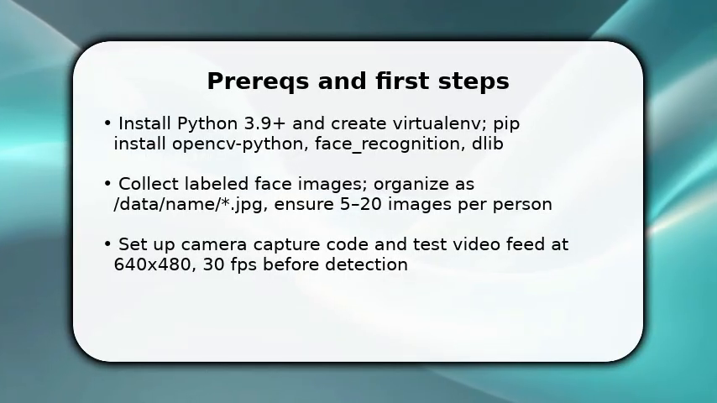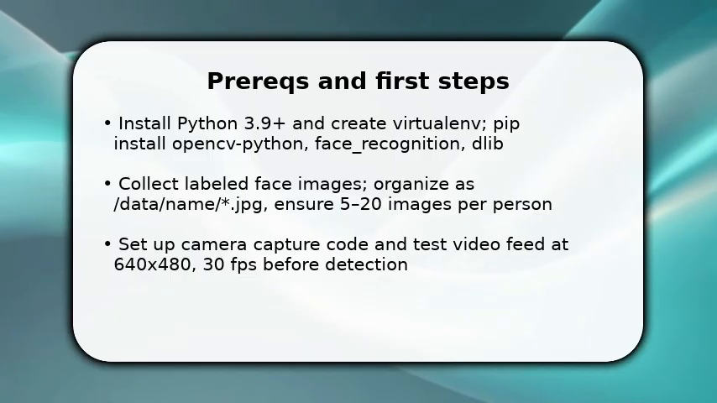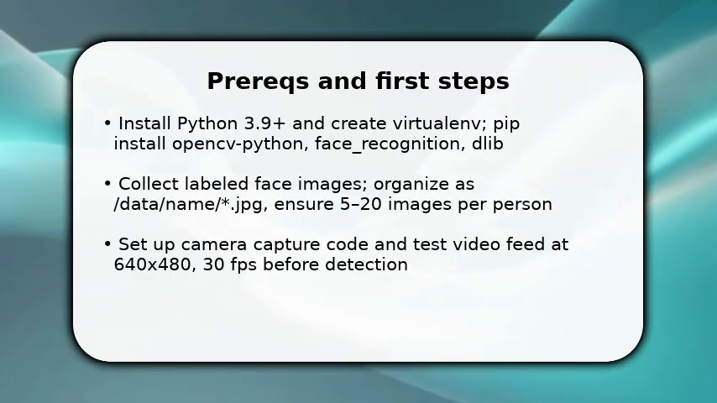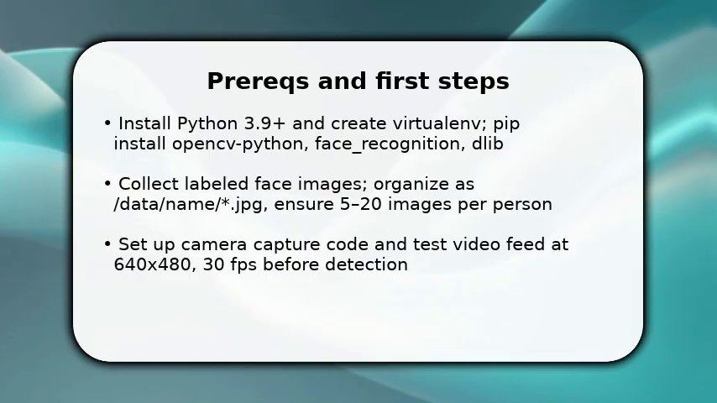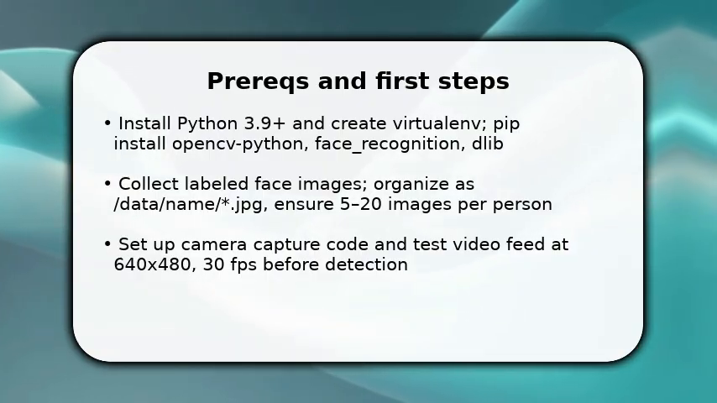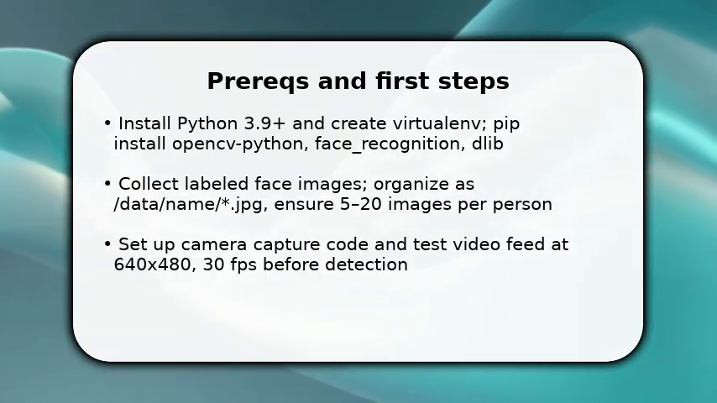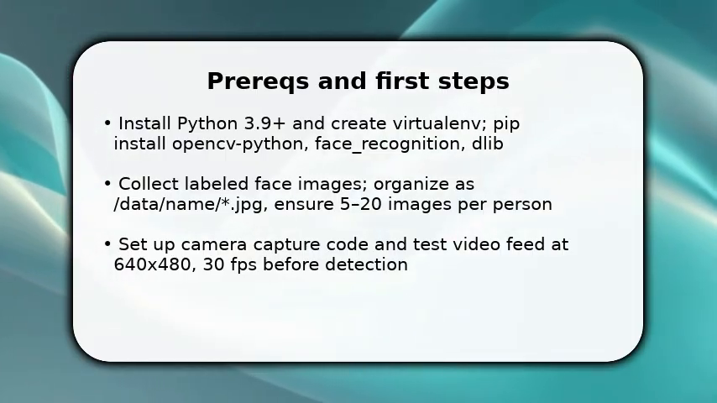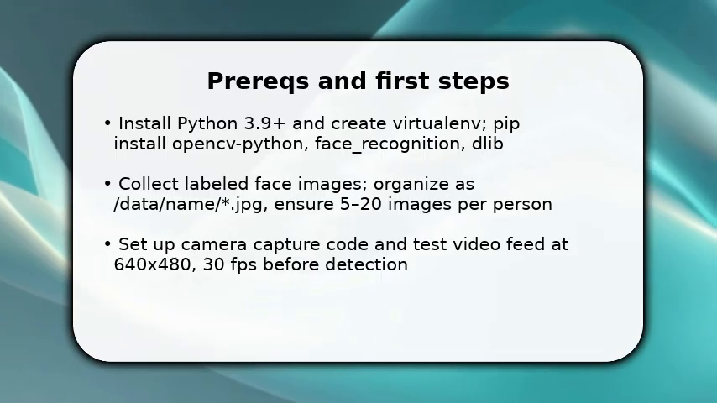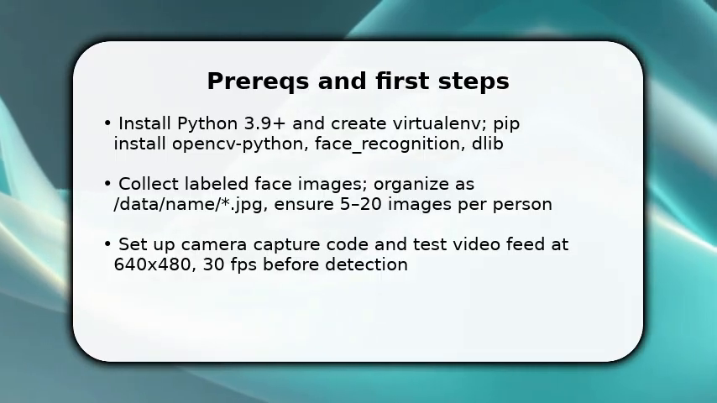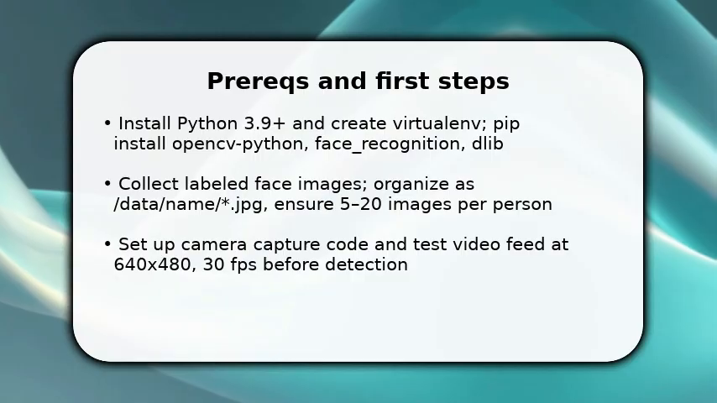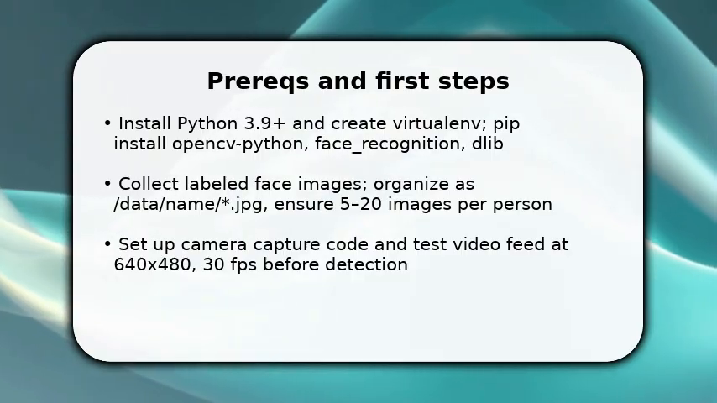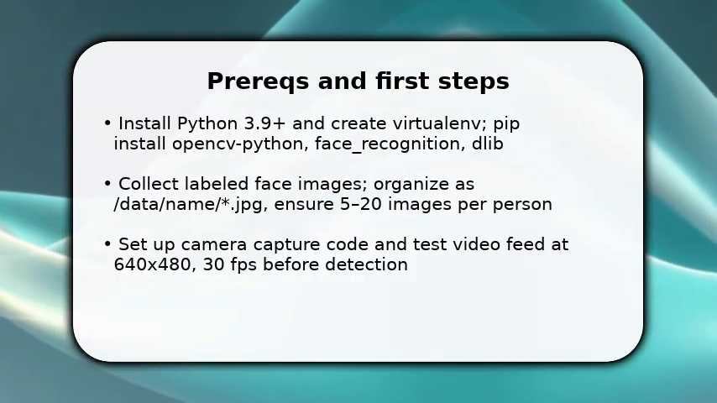You start by preparing the environment and data. Create a virtualenv, install OpenCV, dlib, and the face recognition library so you can access reliable embeddings. Once done, collect and label 5 to 20 clear images per subject in a consistent folder structure. This improves accuracy. Next, write a minimal camera capture script to confirm OpenCV reads frames at 640 by 480 and